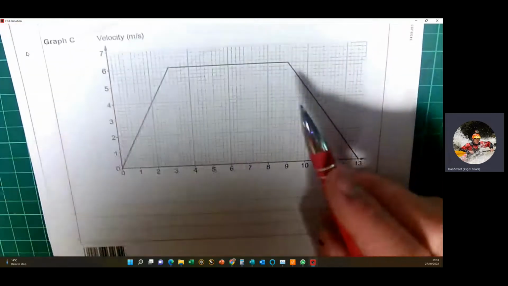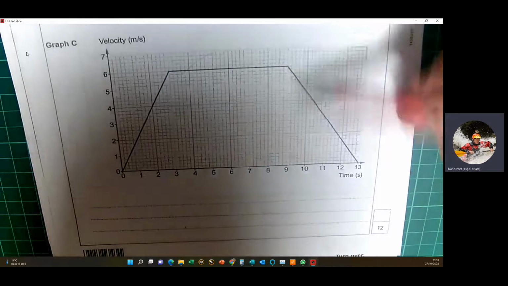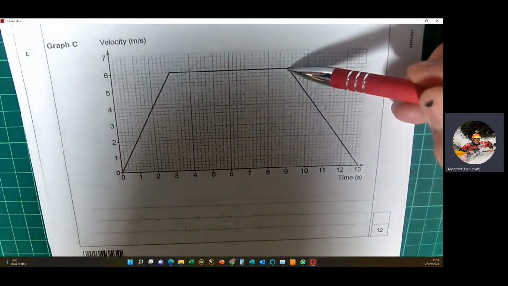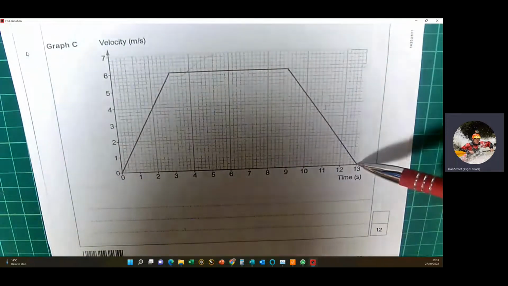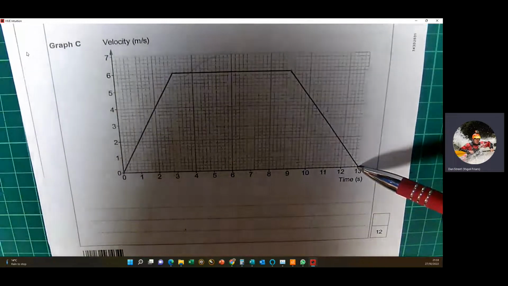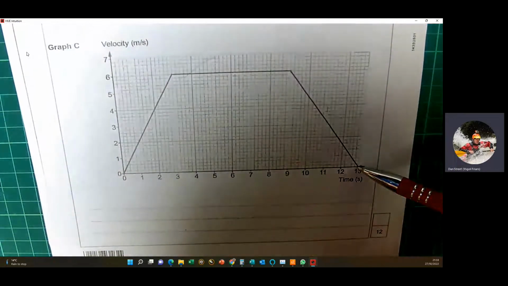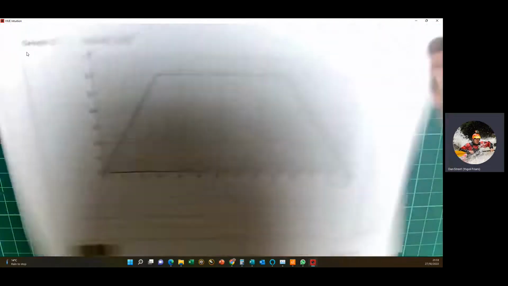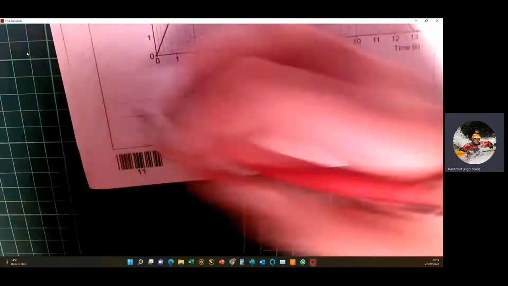So this final graph here, we can see that the stopping time starts at 9 seconds but goes on till 13 seconds, which would suggest it takes a lot longer to stop, and that would be consistent with an icy pavement. Okay, so the question, we can agree with Lucy